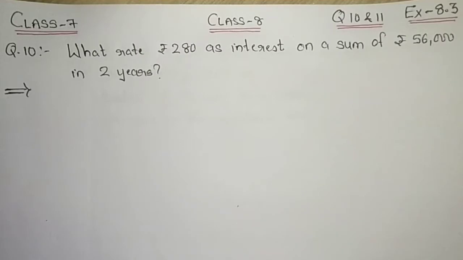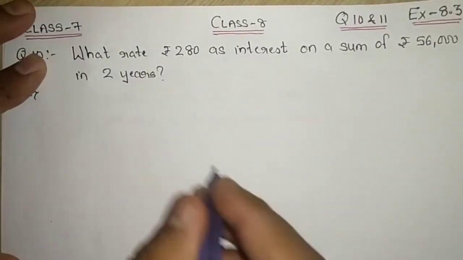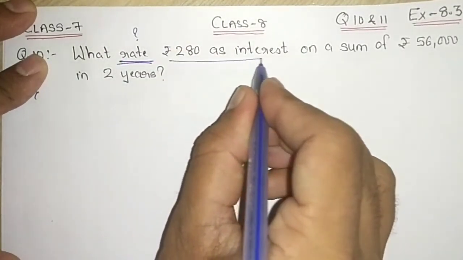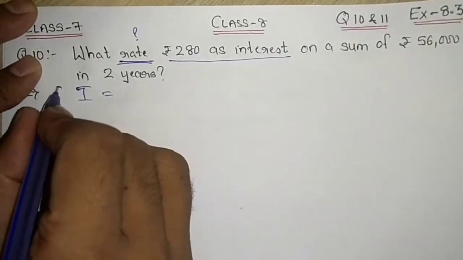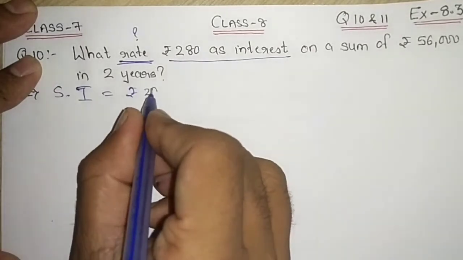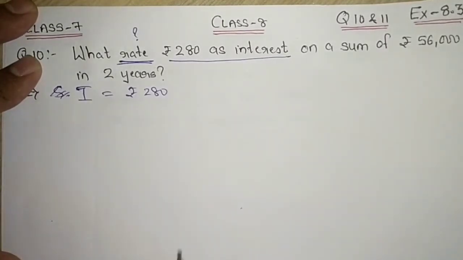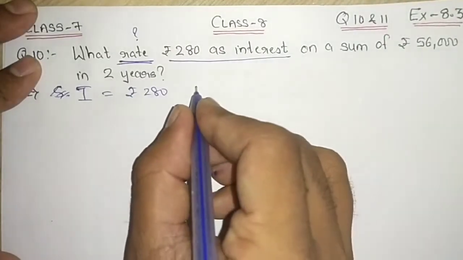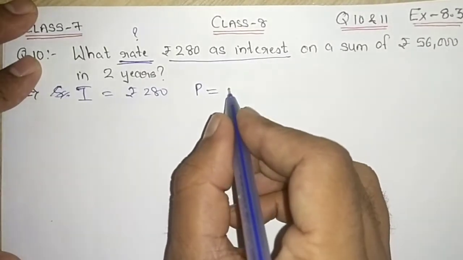So let us start. Question number 10 asks: at what rate? They have given us rupees 280 as interest. We can simply write it as simple interest I is equal to rupees 280 on a sum of rupees 56,000. I have told you principal is also known as sum. So principal is equal to rupees